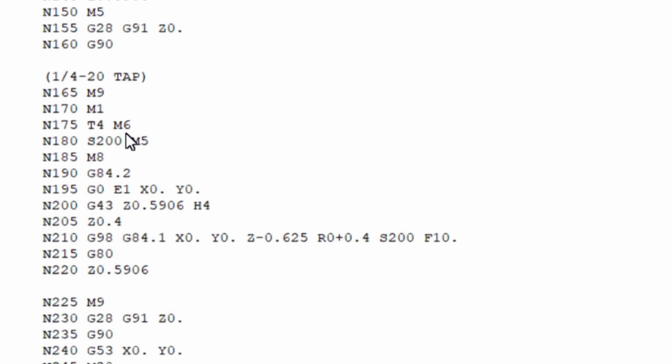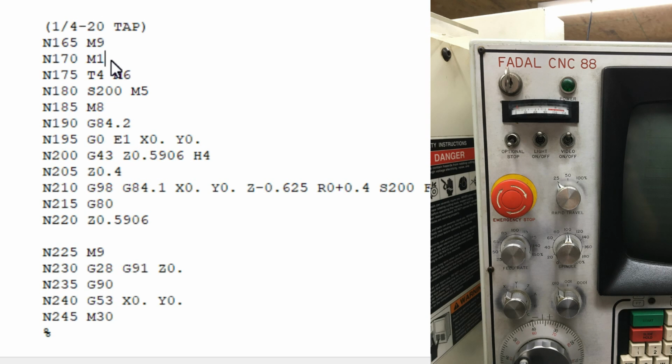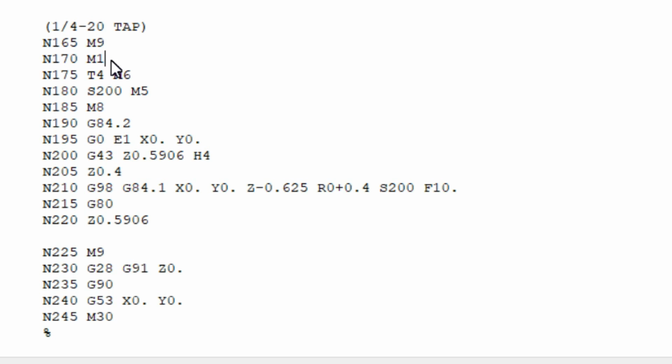And then here's what we're all waiting for right here, the rigid tapping section. So start off, we're turning off the coolant. So after we drill, we're going to turn off the coolant. This is the optional stop. If you got that flip switch on the front of your control activated or turned on, then it'll wait for you to push the start button so it can change the tools. If you don't have it on, it'll just skip right over this, ignore it, and then go and pull tool number 2,